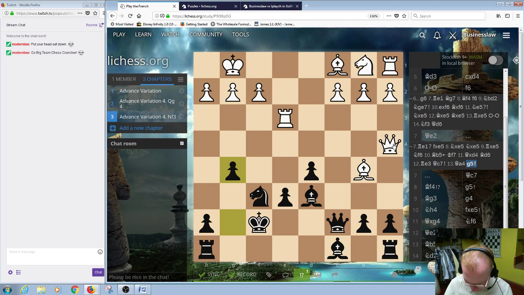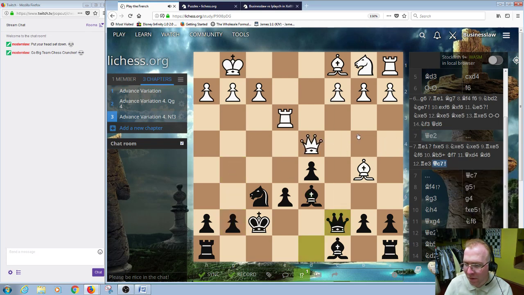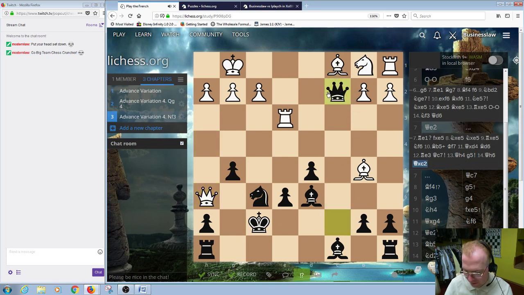How is it says 8? That can't be. Oh, whoa. I'm sorry, guys. Wrong spot here. Oh, that's funny. G5. Now that's the exclam mark, baby, right there. Queen h6. And queen, wham, kaboom. White is in bad shape here. If he tries, well,